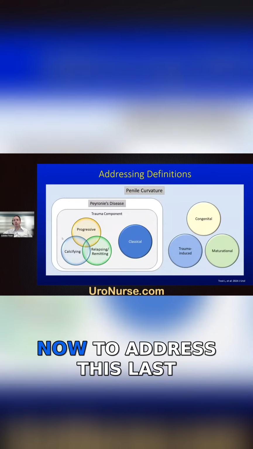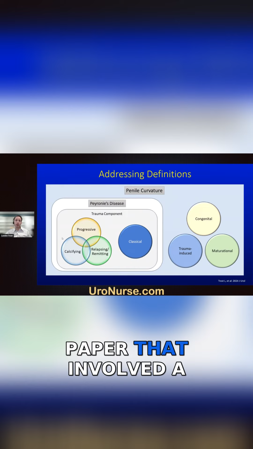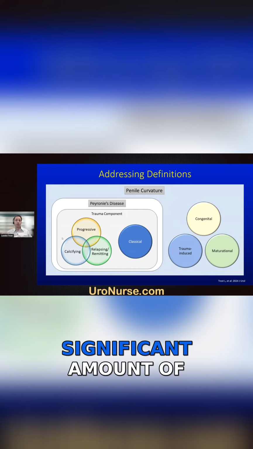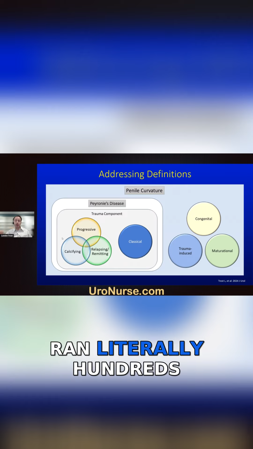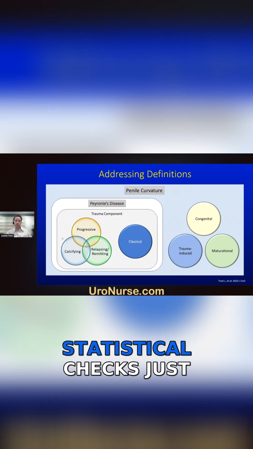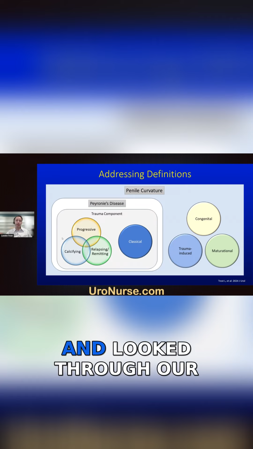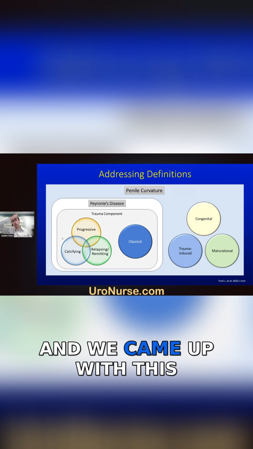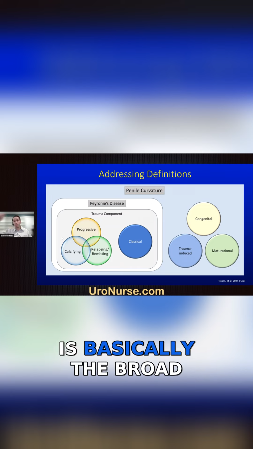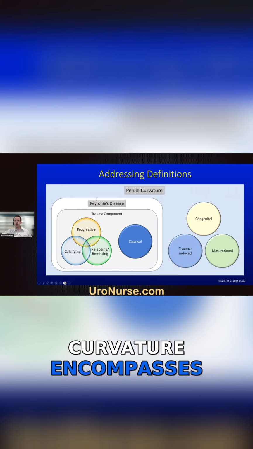Now, to address this, last year we published a paper that involved a significant amount of work in trying to reclassify these, and we ran literally hundreds and hundreds of statistical checks just to see where correlations may exist and looked through our database to try to identify if there were better categorizations. And we came up with this new nomenclature, which is basically the broad category of penile curvature encompasses Peyronie's disease,